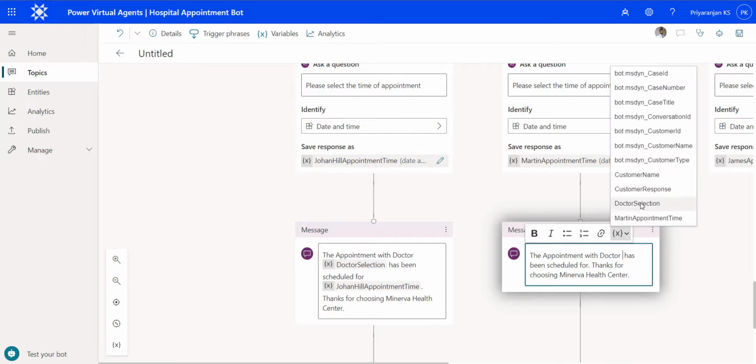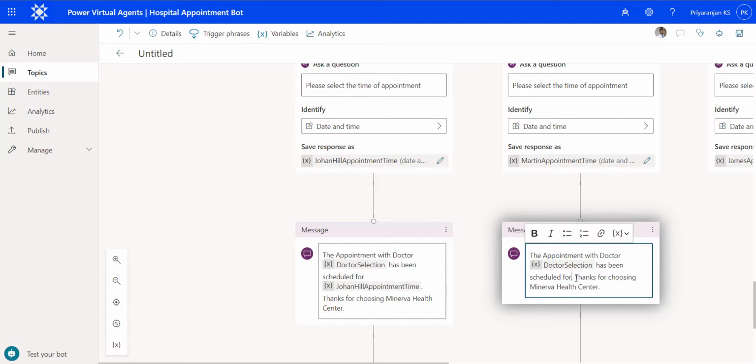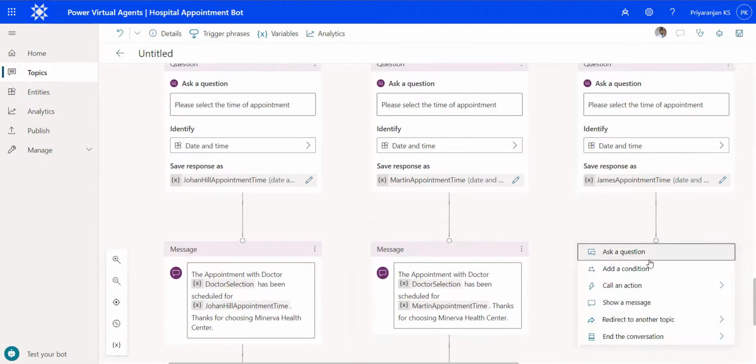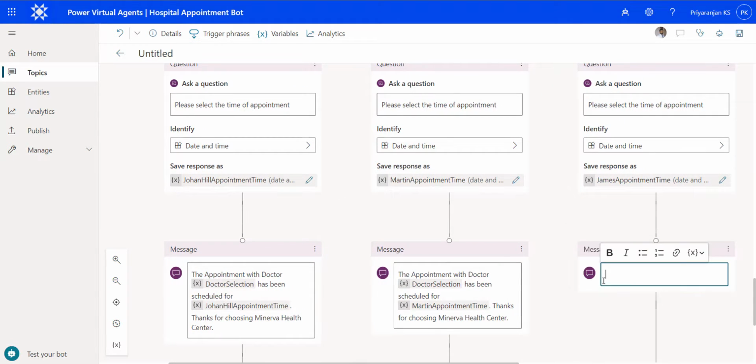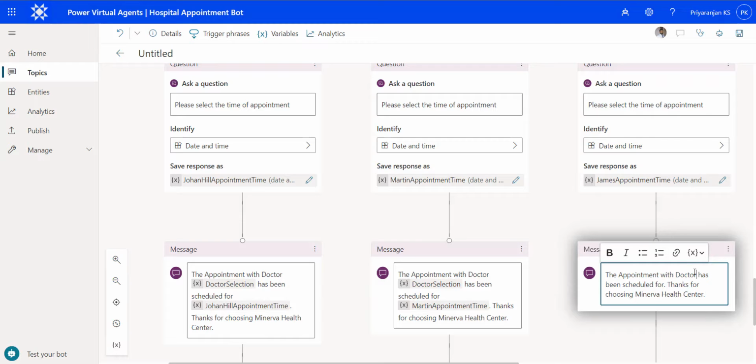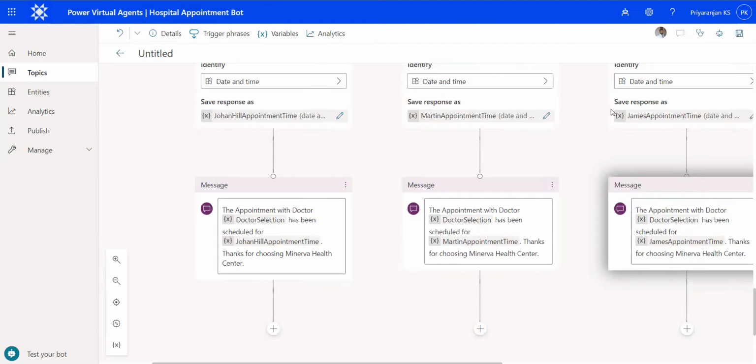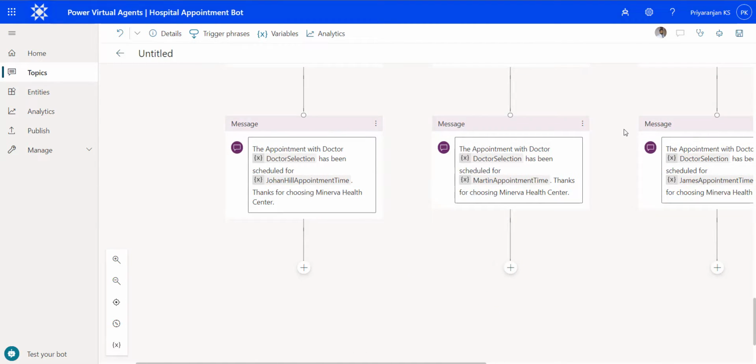We will have the doctor selection here and it has been scheduled for Martin appointment time. Same goes for James. We will add the doctor selection here as well as the appointment time. This way we have shown the users the appointment has been fixed for the particular doctor at the scheduled time,